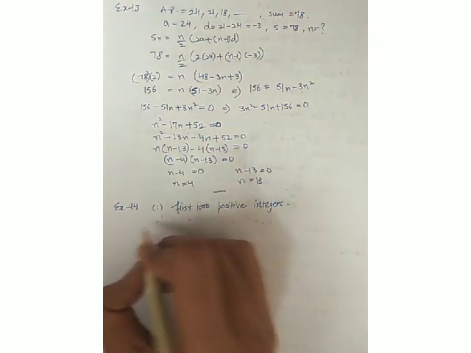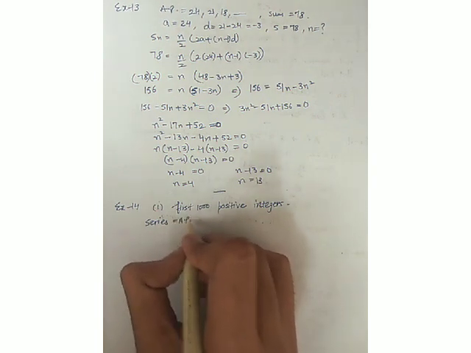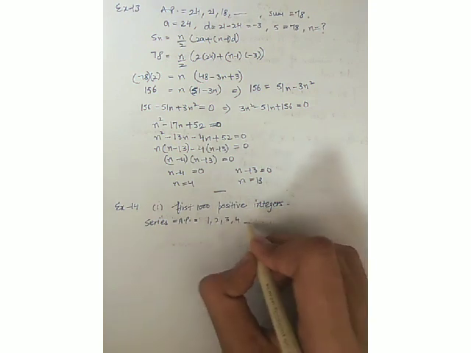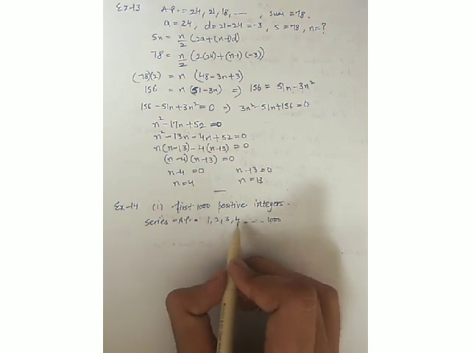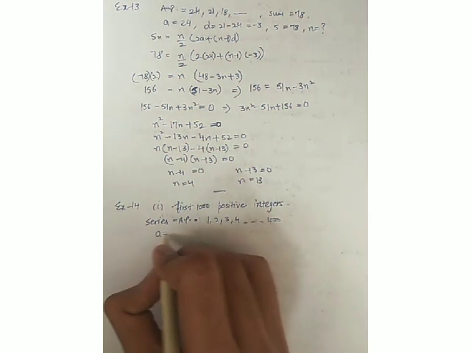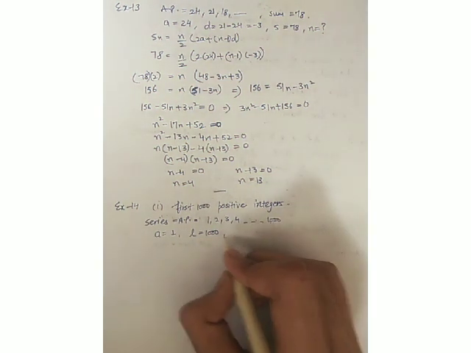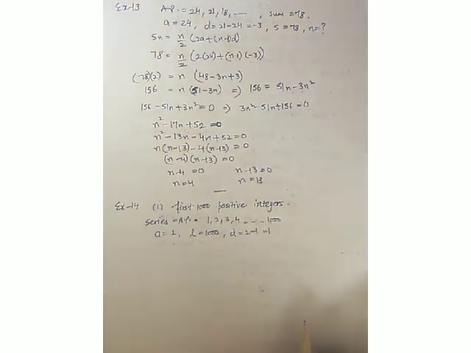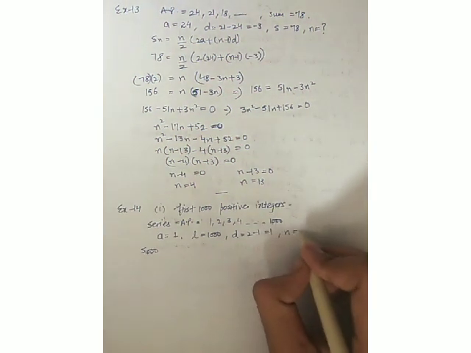So our series will be, we can write it as AP, of course, because it's an AP series. You will see that 1, 2, 3, 4 and so on till 1000. This is AP because 2 minus 1 is 1, 3 minus 2 is 1, 4 minus 3 is also 1. Now A is given, A is 1, L is also given, that is 1000, and D is 2 minus 1, which is 1. We have A, we have L, we have D. We have to find the sum of first 1000 positive integers. So N is equal to 1000.